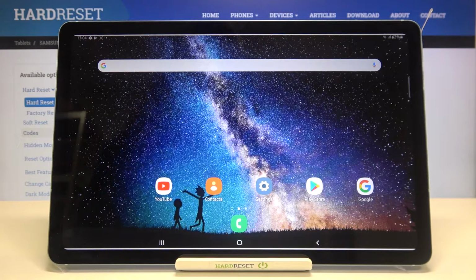Hi everyone, here we've got Samsung Galaxy Tab S6 Lite, and let me share with you how to reset network